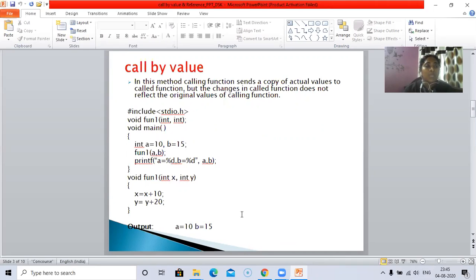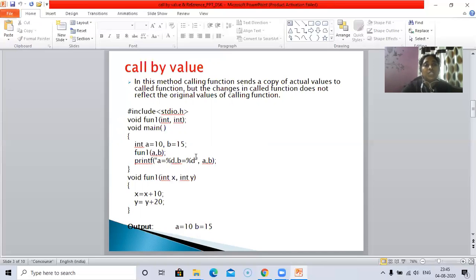So whatever manipulation we have done in the function definition will not be reflected within the original values of the calling program, because when we pass by value, it cannot return multiple values back to the calling function.